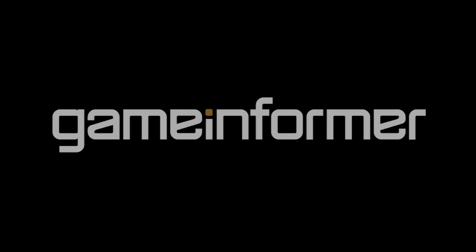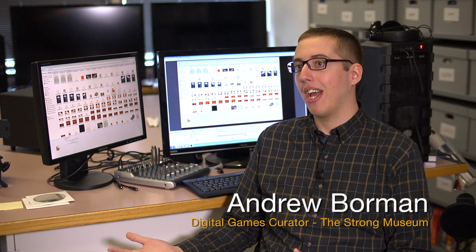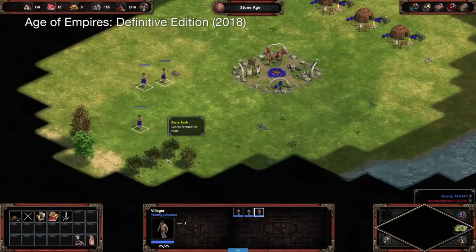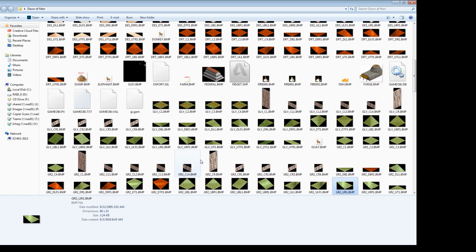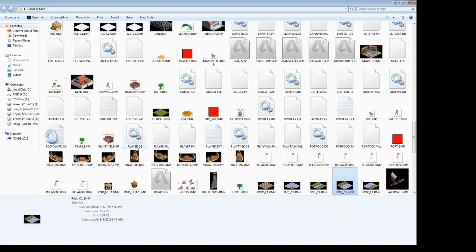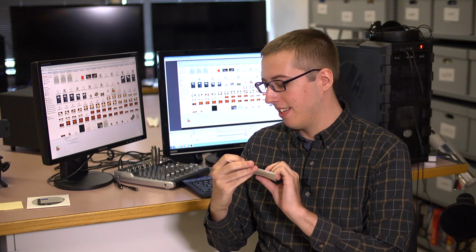So today we're going to look at what is probably the earliest known, at least, prototype for Dawn of Man, which would be the game that eventually becomes Age of Empires. So this is part of the larger Bruce C. Shelley papers. This included things like game development documents, CDs, and of course floppy disks. And all we knew going into it is what it said on the disk. In this case, we actually have a disk that says Dawn of Man.zip